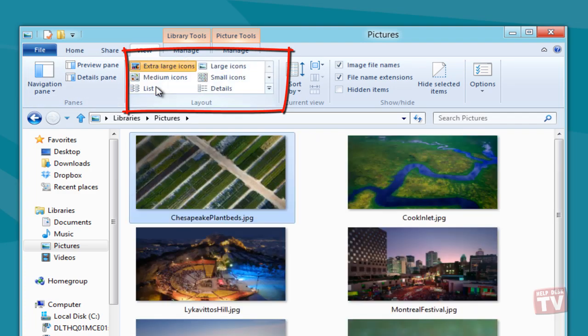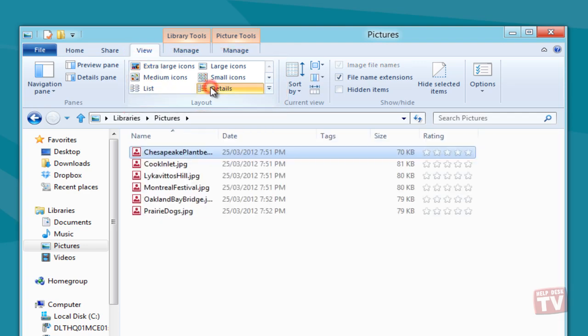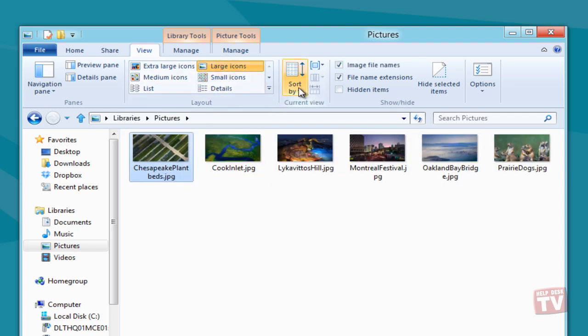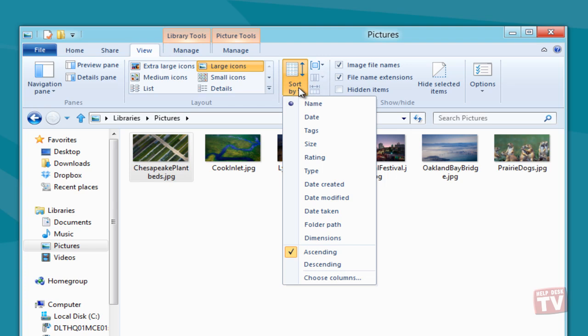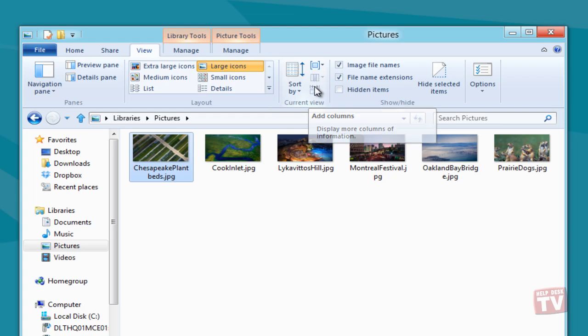The Sort Headers is available only in the Details view. Nevertheless, you can use the Sort By drop-down menu in any view mode to sort the item listing by name, date modified, tags, title, and so on. The Current View section holds Group By, Add Columns To, and size all columns to fit options.